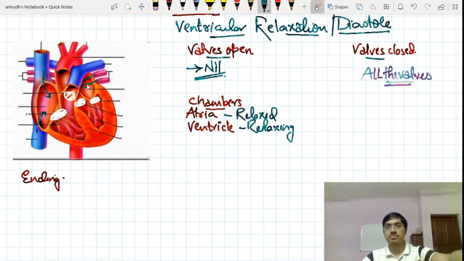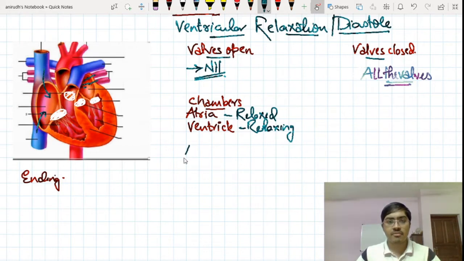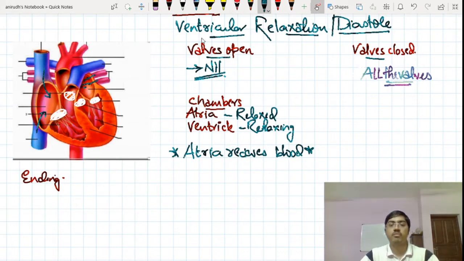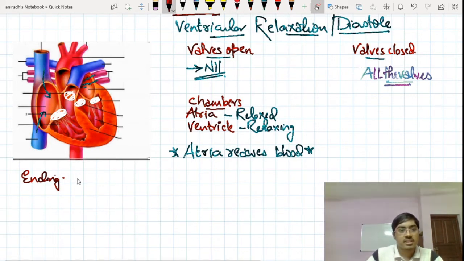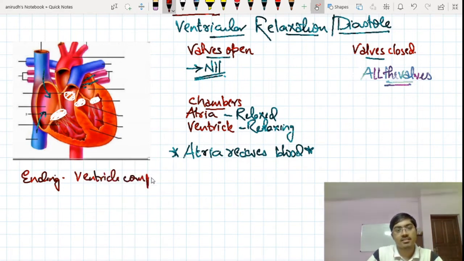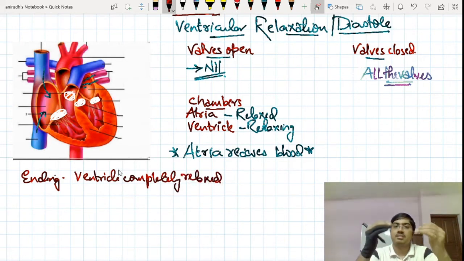although the atria is receiving the blood that it has to pump to the ventricle, that is true. So the blood flow in that particular phase, I can write: atria receives blood. This is the only blood flow that is occurring in this particular phase. And how does this end? The ventricle completely relaxed. So when the ventricle has started relaxing,